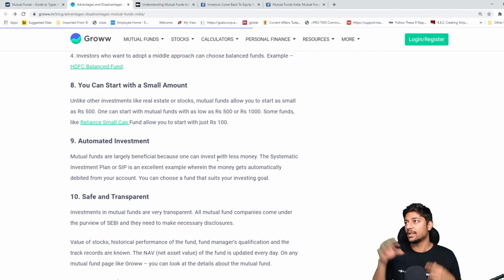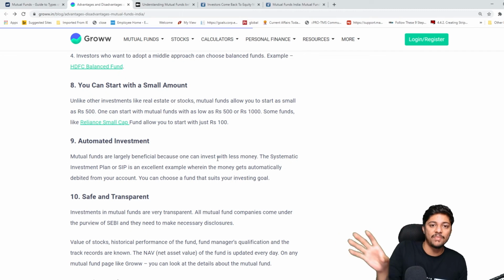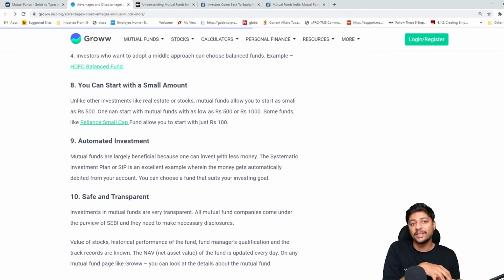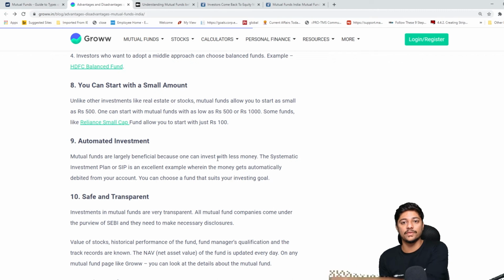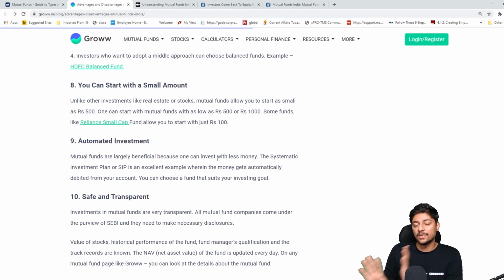So I select, say, this Axis Bank mutual fund. Every month on the first, you take a pre-decided amount, like $1,000, and put it into this mutual fund. So what happens is, बिना सोचे समझे मेरा savings हो रहा है, beautiful savings हो रहा है. So that is why it's good.